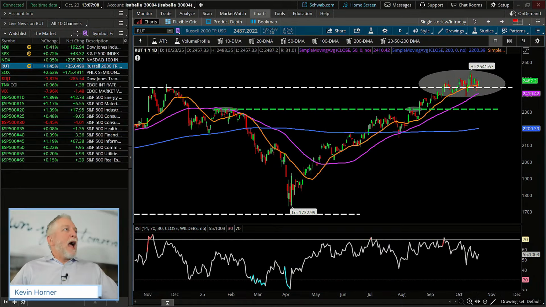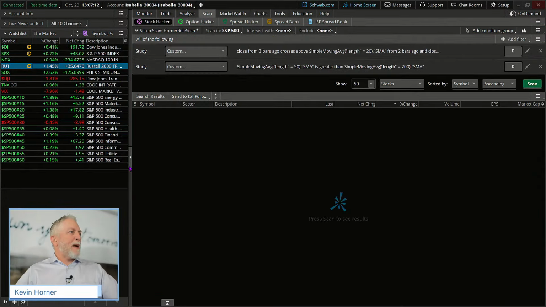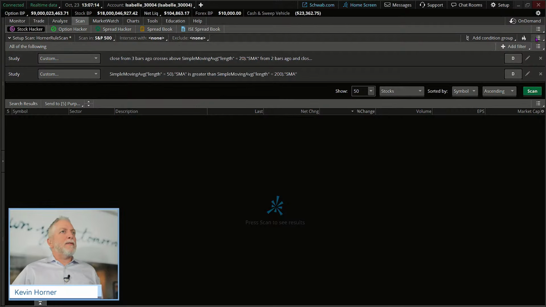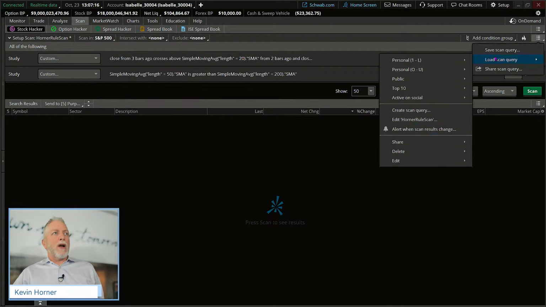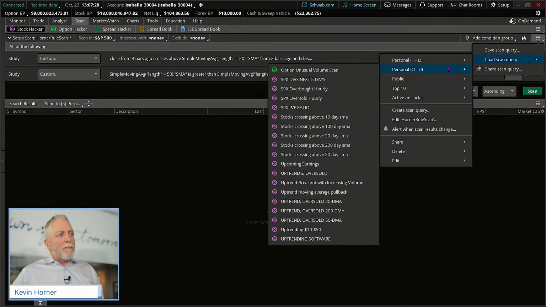Let's take a peek at the scan tool. And the first thing that I'm going to do, I'm going to go ahead and expand all of this. I'm going to clear this out by loading a brand new query from the personal list. I want to see if this one's in my list. It might not be. I may have to load this one up, but this is one that was coming originally from the former Street Smart Edge days, way back when.